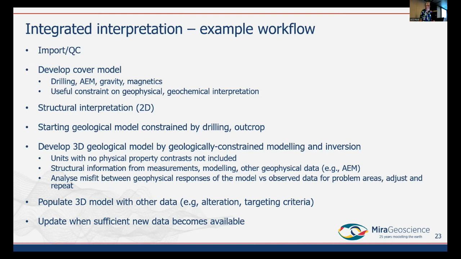You build up an initially simple 3D geological model, and then really tweak that geological model by geologically constrained modeling and inversion.